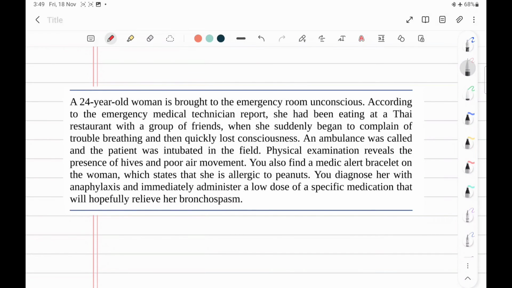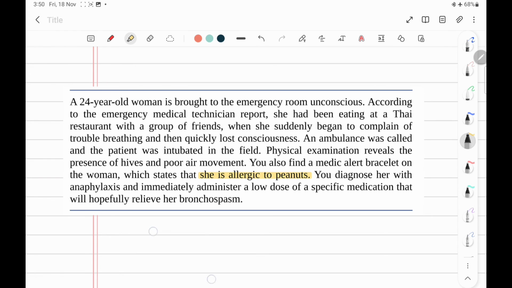Second clinical vignette. A 24-year-old woman is brought to the ER unconscious. According to the emergency medical technician report, she had been eating at a Thai restaurant with a group of friends when she suddenly began to complain of trouble breathing and then quickly lost consciousness. An ambulance was called and the patient was intubated in the field. Physical examination reveals the presence of hives and poor air movement. You also find a medic alert bracelet on the woman, which states that she is allergic to peanuts. Buzzword: peanuts. You diagnose her with